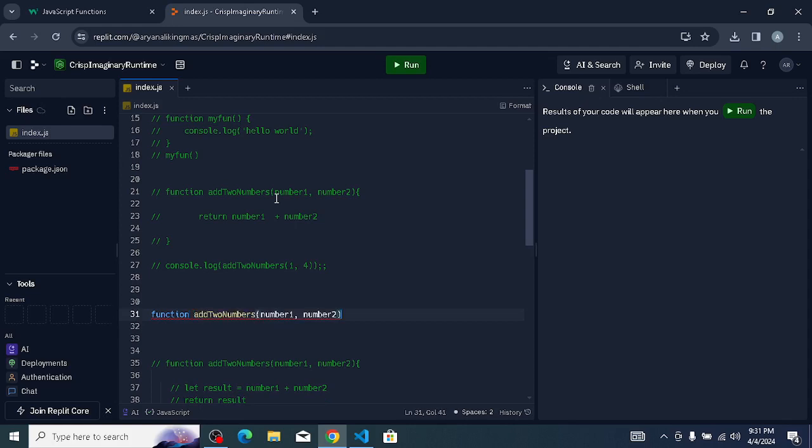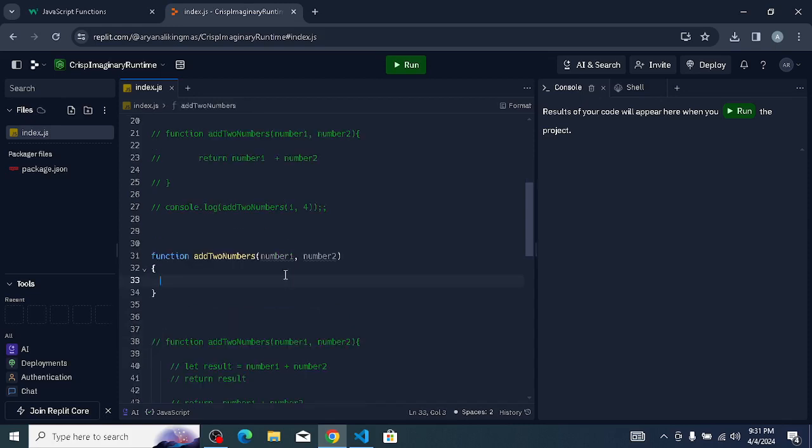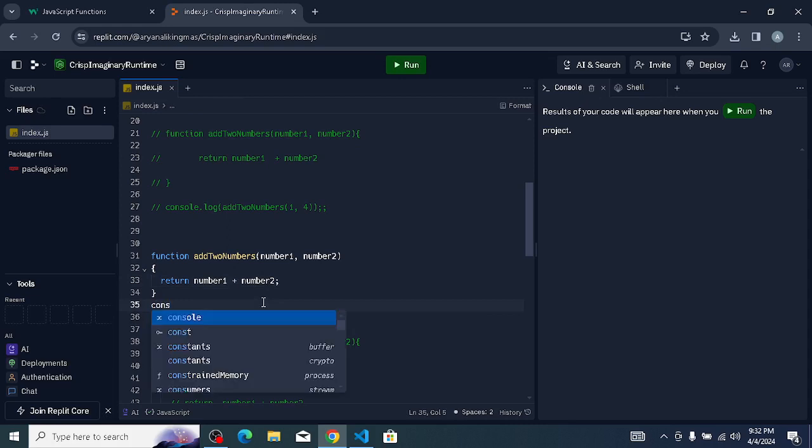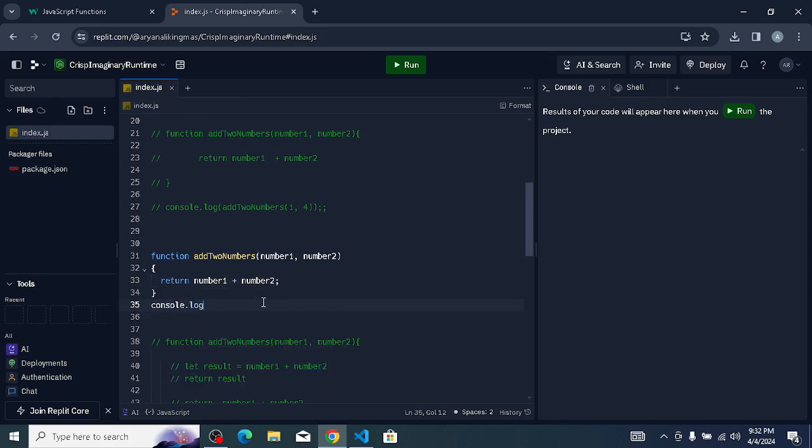Now I will make a scope here, and write return. Add two numbers is the function name, and number 1 and number 2 are parameters. Now I will return number 1 and number 2 like this, so JavaScript will return me the values. And when I console here, dot log,